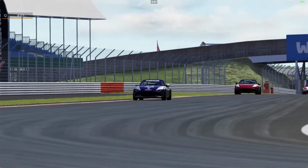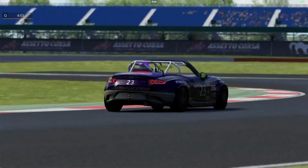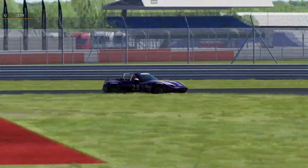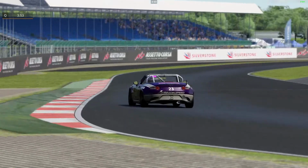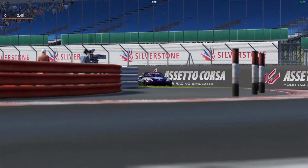Well, there we are. Thank you to Scott Van Breda of Track Titan for that lovely hot lap. Much faster than I could have done. So we're just currently in a qualifying session right now. We're going to be seeing some times come up on the board very soon. If you remember, it's only about a 2.5 minute lap around Silverstone for these MX5 Cups. So these drivers are going to really have to make the most of what's going to essentially be a one-lap